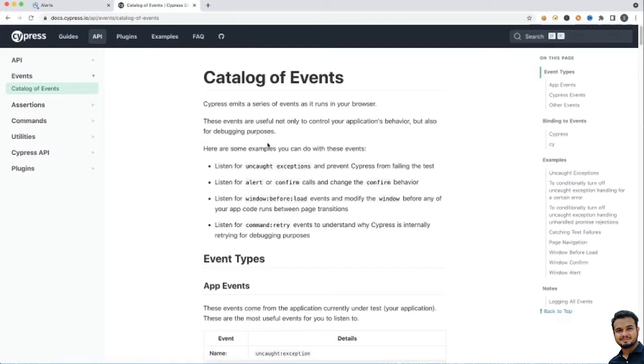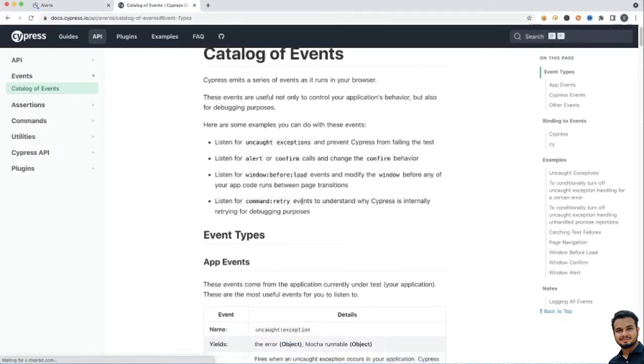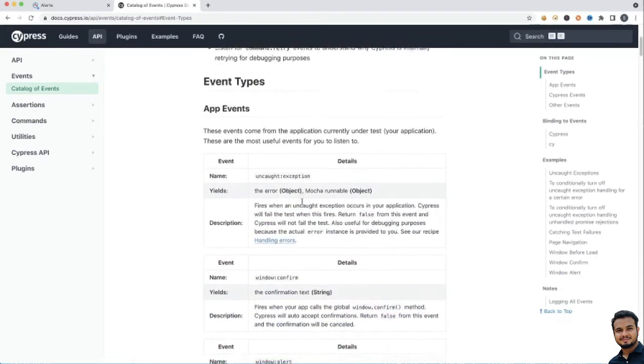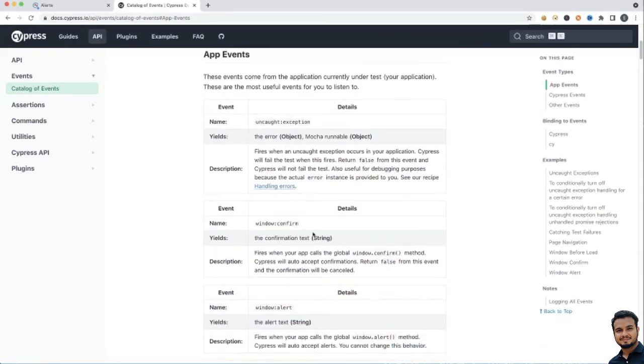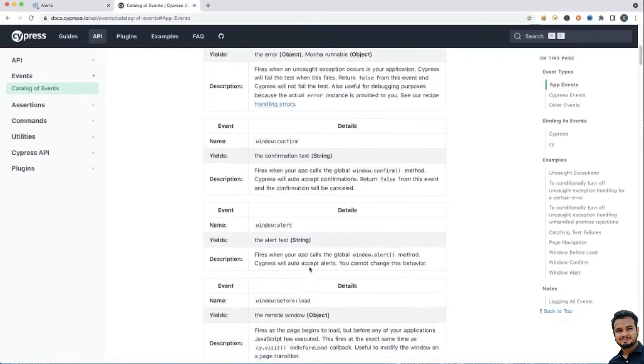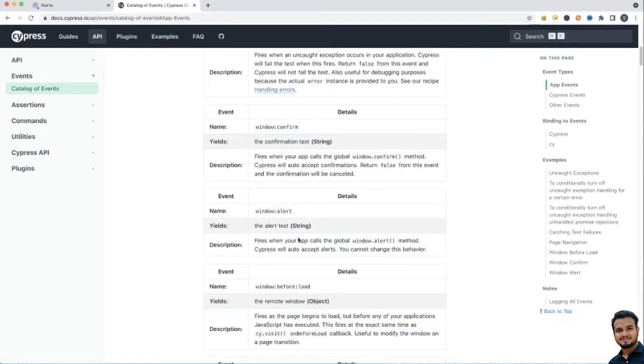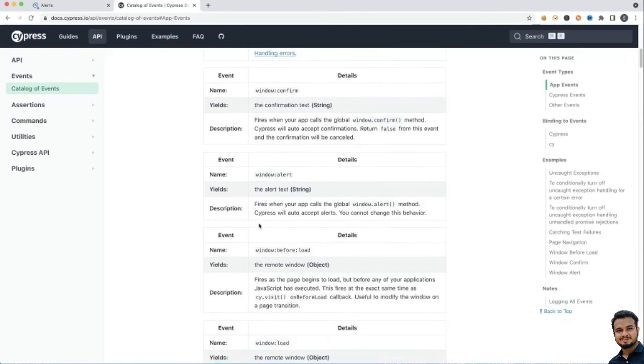Here you see the catalog of events, and there are different types of events: uncaught exception, window confirm, window alert. Here we will use the window alert event. What it says: fires when your app calls the global window.alert method. Cypress will auto accept alerts. You cannot change this behavior.